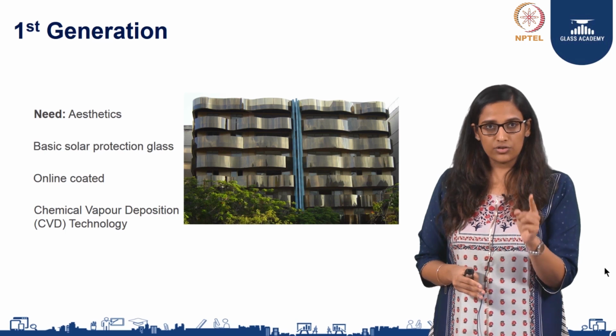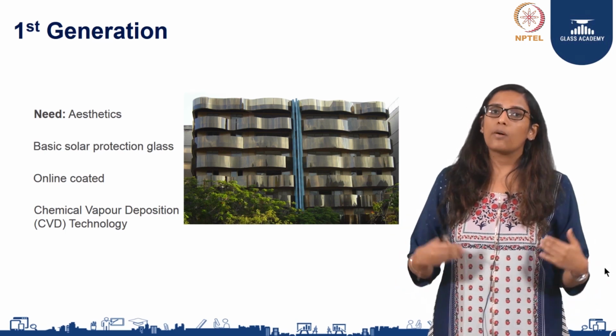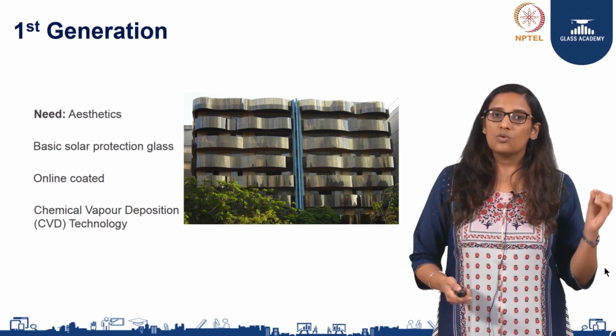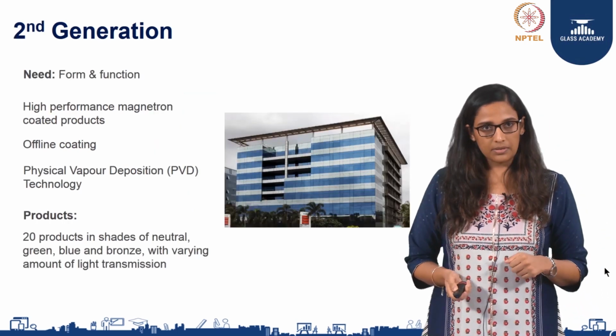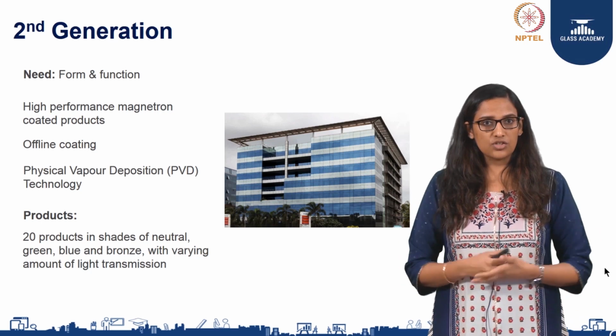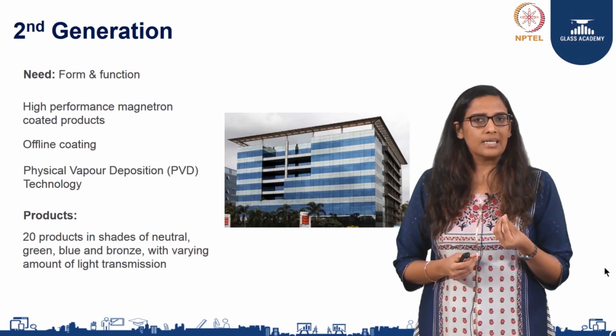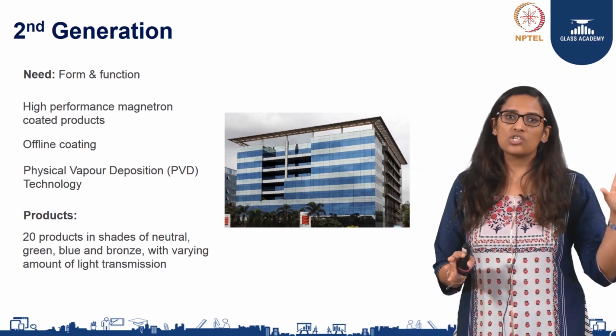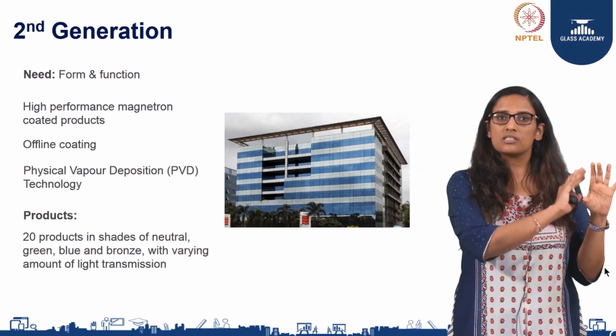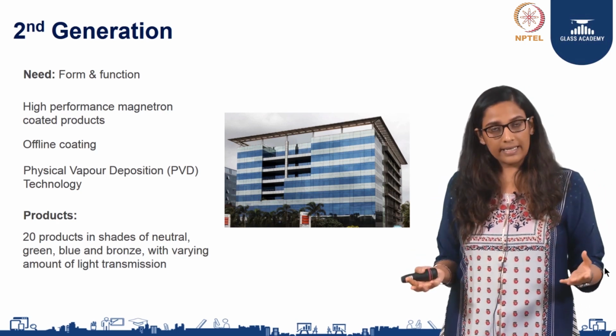From the second generation onwards, we moved on to a much more superior technology which was giving products of a wide range and a variety, which we will talk about. The second generation of products was primarily determined because of form and function. When you see, the first generation had aesthetics, which means it was just determined by color, whereas the second generation,